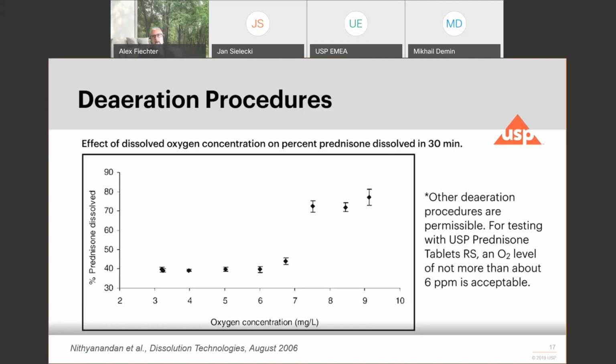As soon as the ppm level of dissolved oxygen is going above 6, you will not only see much higher results, but the variation of these results are much higher. So a medium non-degassed with prednisone will give you between 70 and 80% released after 30 minutes, which is double the result. So no wonder why it is critical to do the medium deaeration here.